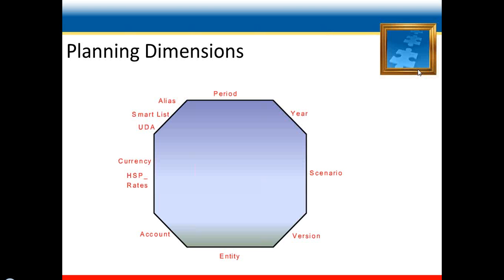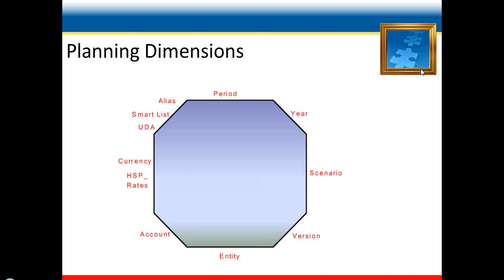Entity dimension represents the flow of planning information through your organization. For example, you establish a geographic entity for each responsibility center that submits a budget plan. Account dimension. The account dimension specifies the data to be collected from budget planners. You can establish accounts for all budgeted items. Examples of accounts are rent, expenses, and cash on hand.